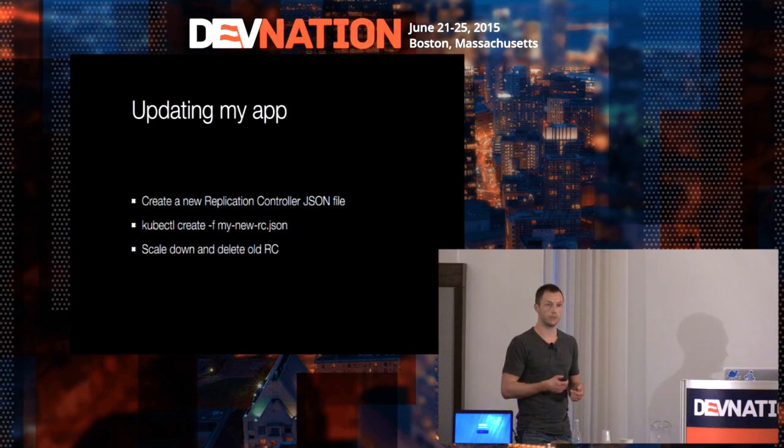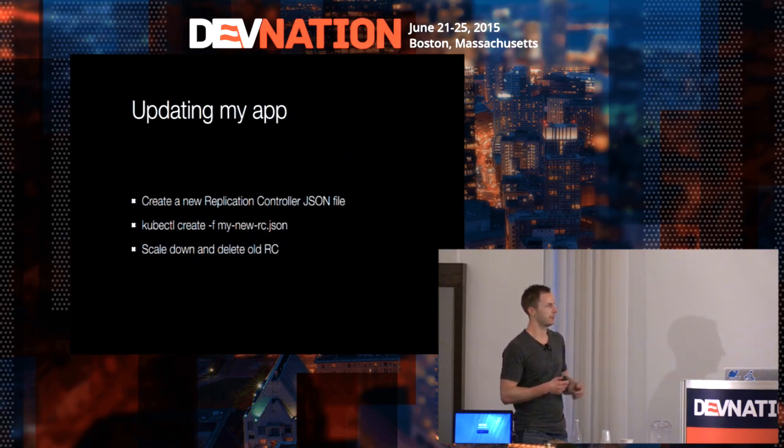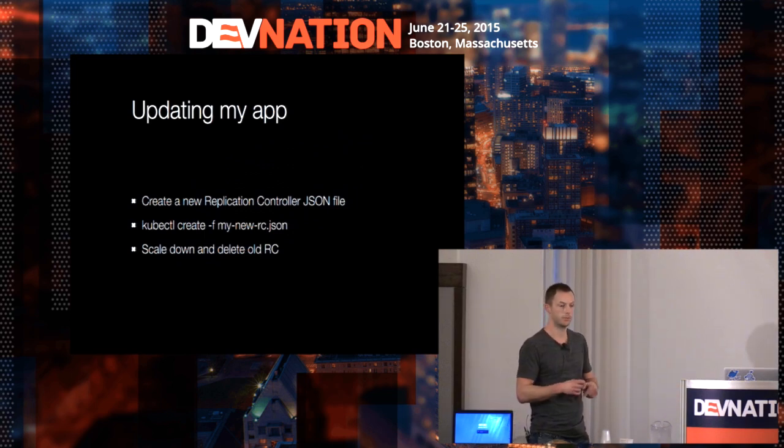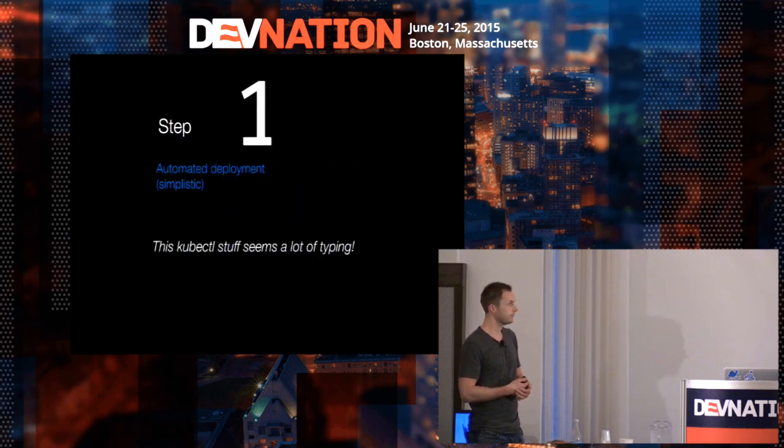Well, you kind of start to see here, this is all not very automated, and there's a lot of manual typing in kubectl, and especially the downscaling part is a bit messy here. When do I downscale, and how do I synchronize this update with my zero downtime policy, for example? So this is probably not enough. We need a lot more.